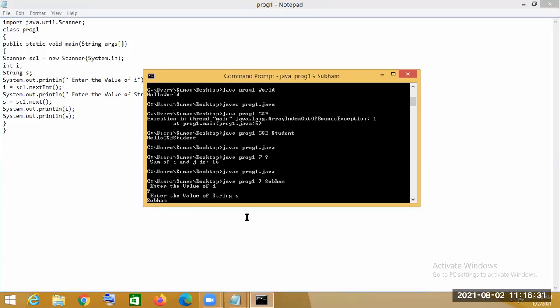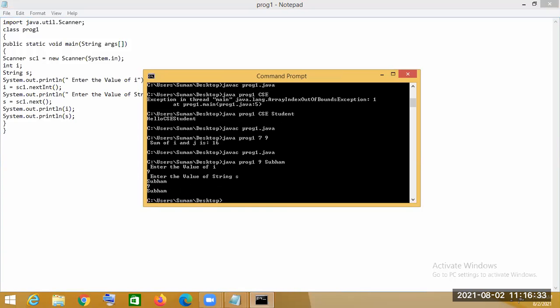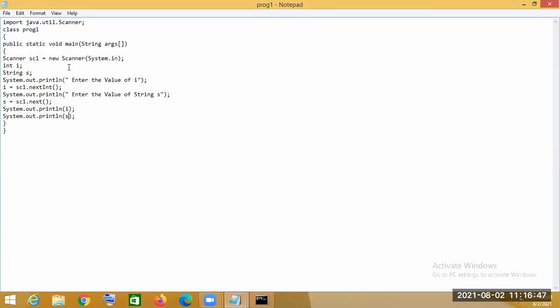So you see that the value is shown as 9 and the string. So that's how we can take the user input. This is also a way of taking the user input using the Scanner class, and this is the most conventional way. At first we saw the command line argument, and now we have seen it using the Scanner class. So these are the two ways we can take user input.